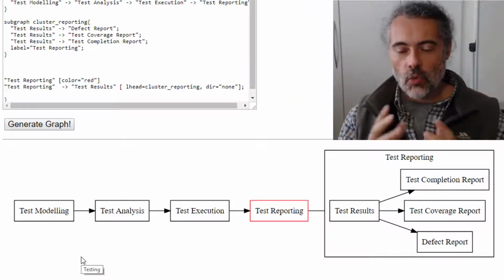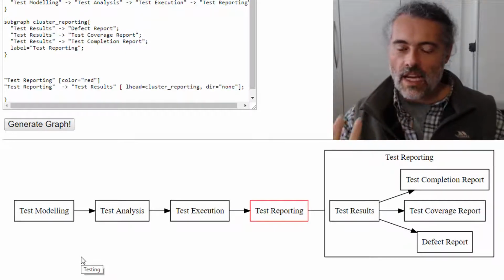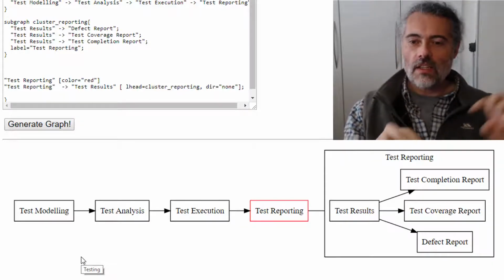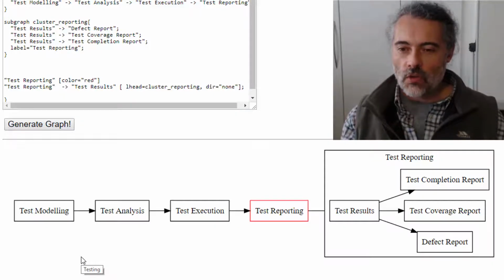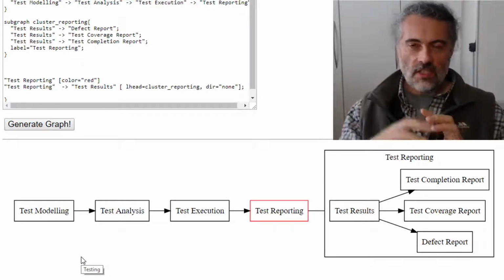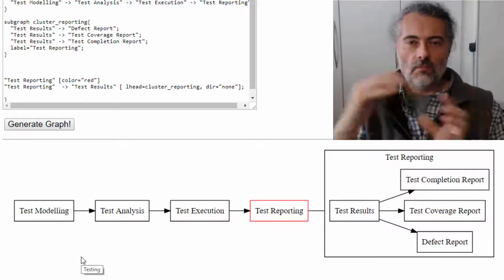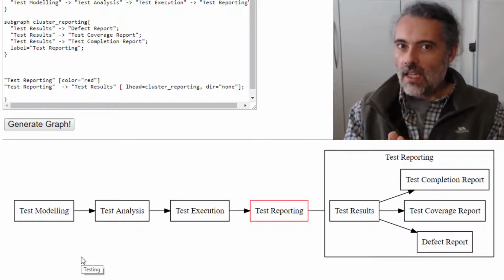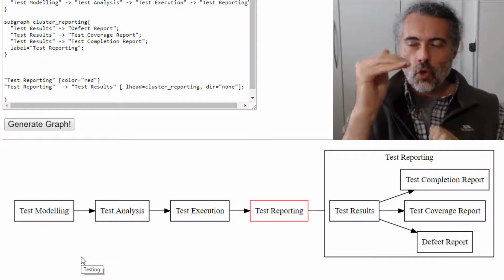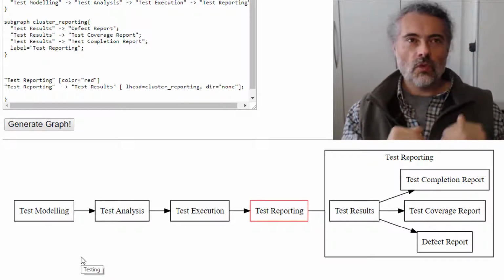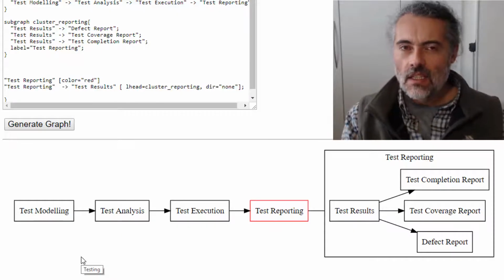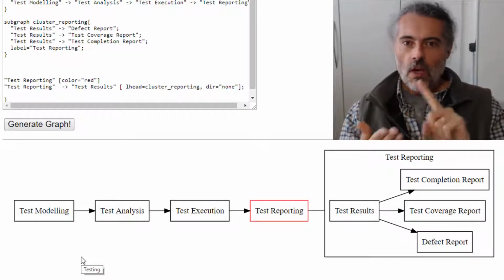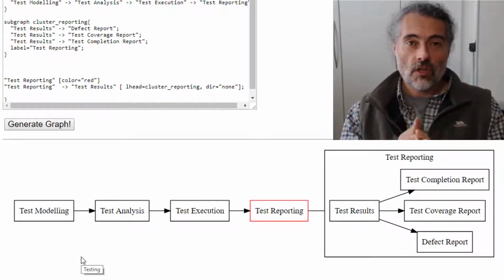So if we then look at the reporting process, it fell out directly from the execution. It didn't fall out of the modeling, it fell out of the execution. And we have this notion of test completion, the defect reports coming out, and we record everything, metrics. And working back from that, it would be very easy to automate that. If we had a tool where we put all our results in, where we tracked all the scripts we were doing, where we planned them, it's very easy to come up with how much testing have we done, what percentage of the scripts have we executed, what is our total coverage against the scripts or cases that we said we were going to do,